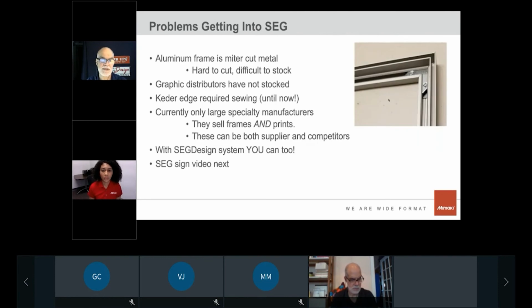But there are some difficulties in getting into this market. So what are they? Well, first of all, as I mentioned, the frame is aluminum. And as you can see in this, it gets cut at a mitered corner, right? So it's an angle cut. And that requires very specialized metal cutting equipment. Virtually no sign or graphics people have that, and rarely do distributors even have that kind of equipment. So that means that it's almost impossible for local distributors to stock. And as a result of that, most sign companies or graphic printers just don't have access to it. The only way to get it is to order those in custom sizes, and that takes a lot of time